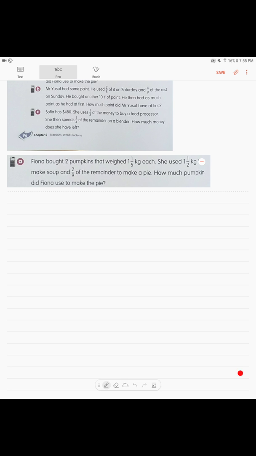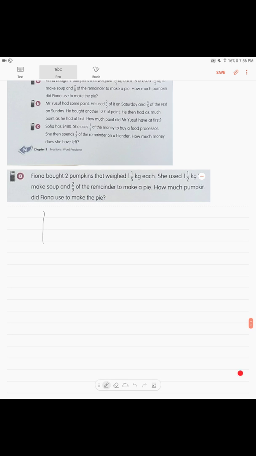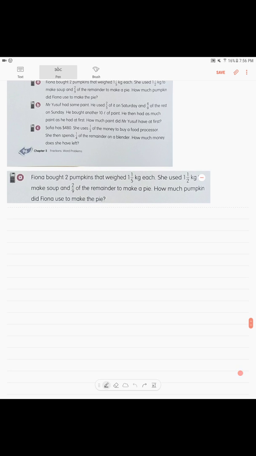So problem A. Fiona, maybe Shrek's wife, Fiona, bought 2 pumpkins that weighed 1/5 kilograms each. She used 1 and 1/2 kilogram to make soup, 2/9 of the remainder to make a pie. How much pumpkin did Fiona use to make the pie? Very easy. From the first sentence, right, we instantly